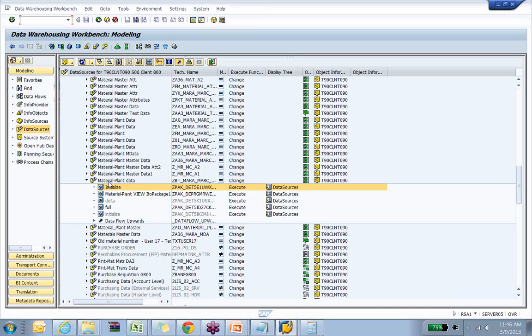You could have gotten it from the delta, but the delta got deleted, so you lost it. How can you get that data into BW? I think you have to do a full